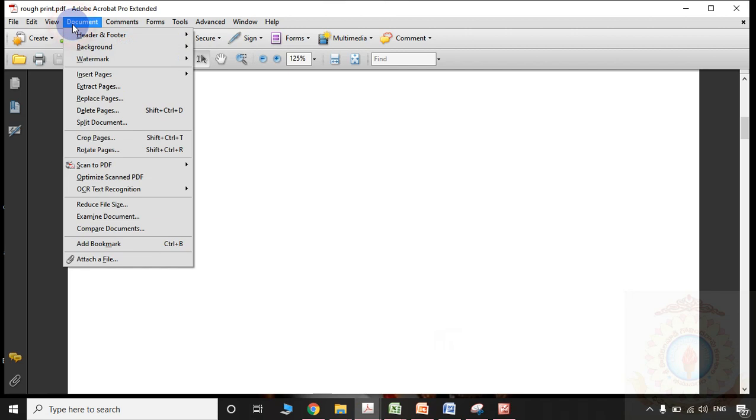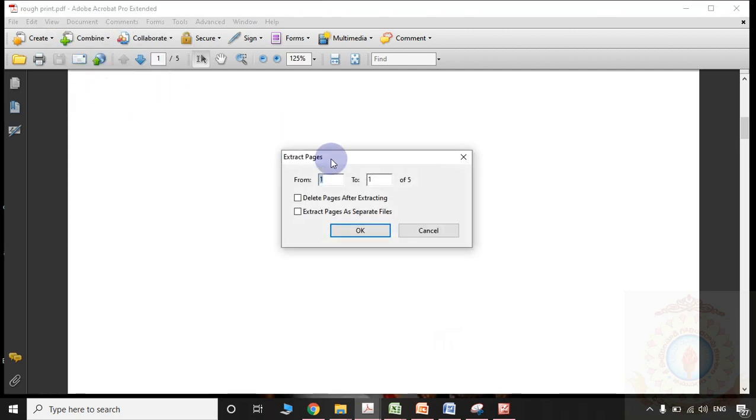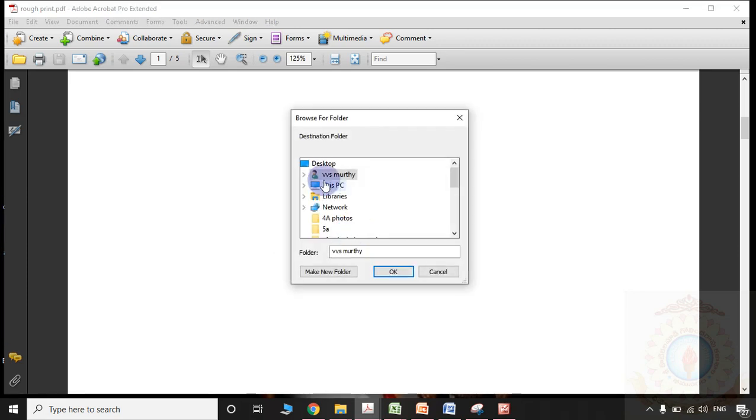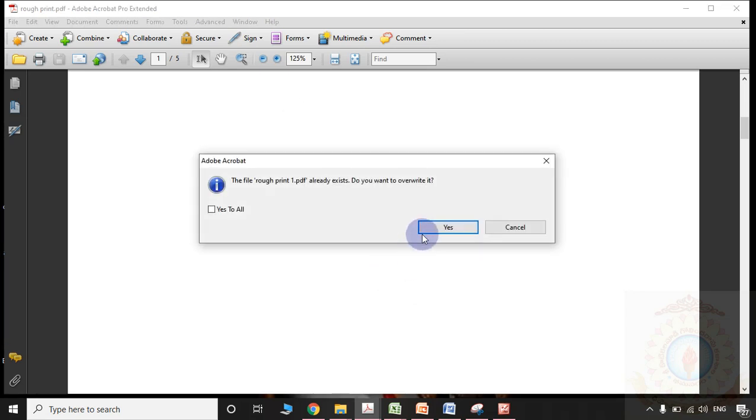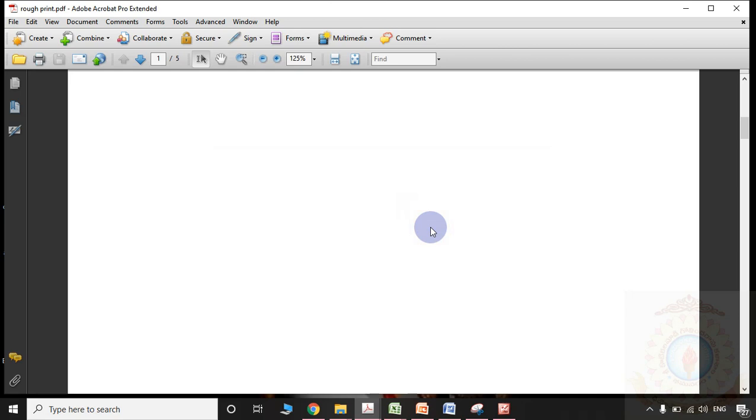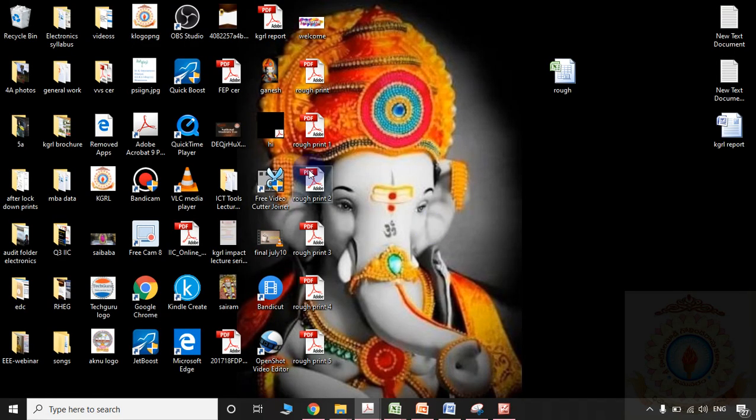Now I will apply the same trick to all the pages, 1 to 5. Now please observe, rough print 1, 2, print 3, print 4, print 5, separate documents.